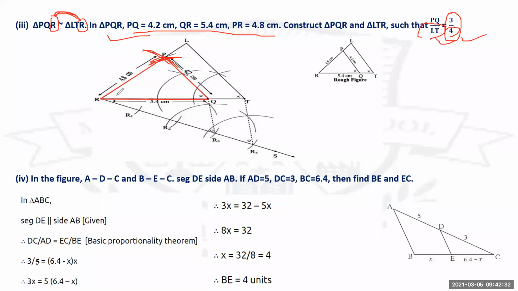So after constructing this triangle PQR, from point R you draw a line with an acute angle at its base. Just take any acute angle, and you draw it below. Now after that, whichever is the greater number, it's 4. That many arcs you are going to cut. Check, the greater number is 4. So R1, R2, R3 and R4.